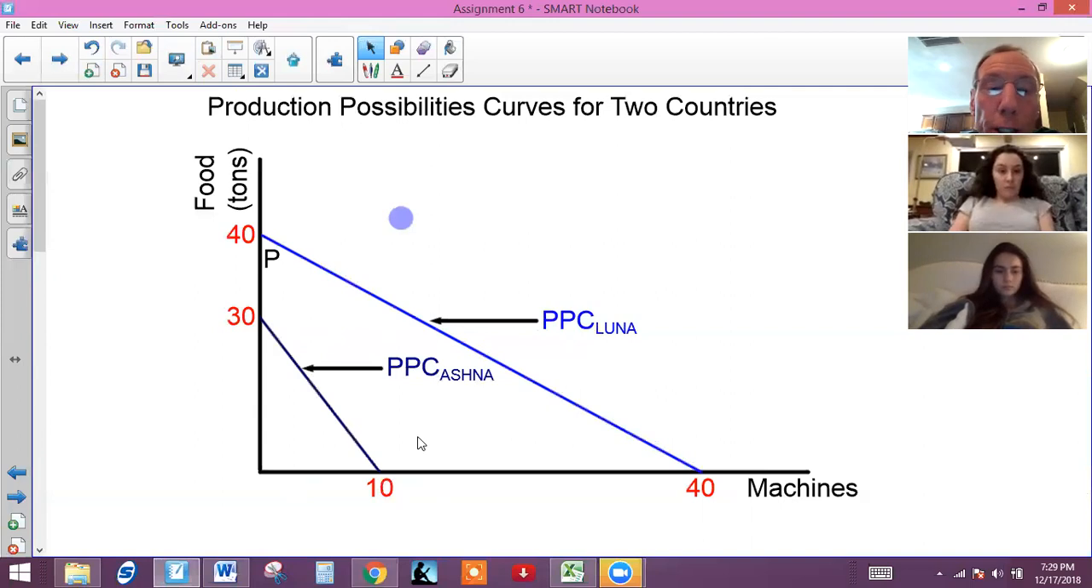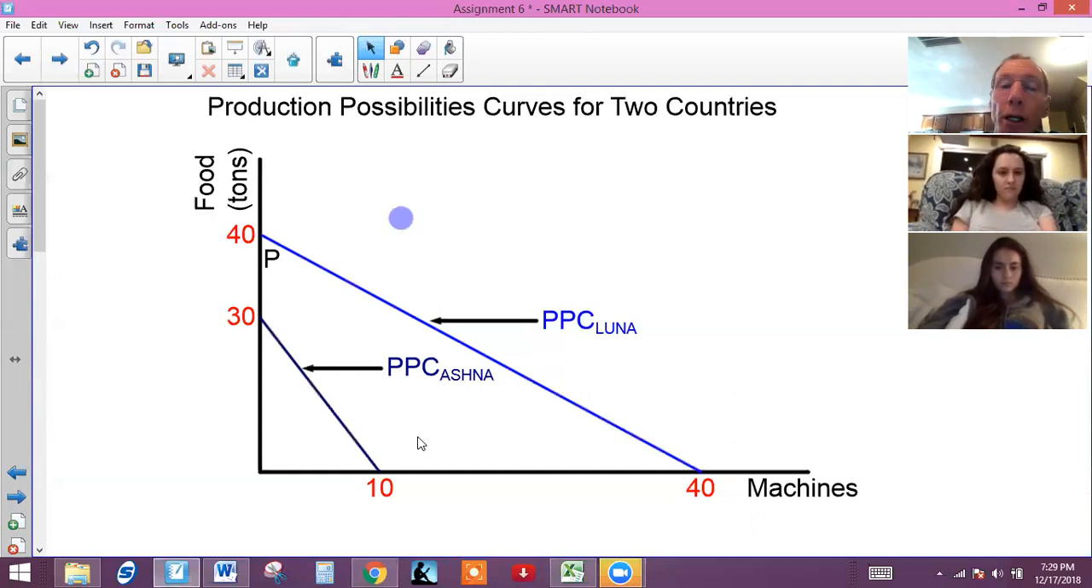That's their opportunity cost. Now, when you answer the question, you're going to want to look at the answer where both countries get a better ratio from a trade. So if we're looking at this one right here, you'd want Luna to be able to get 1 machine for less than 1 ton of food. So like if it was 1 machine only cost 1/2 of a ton, they would be better off. And you want